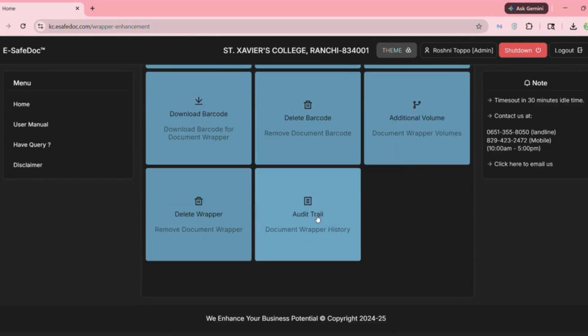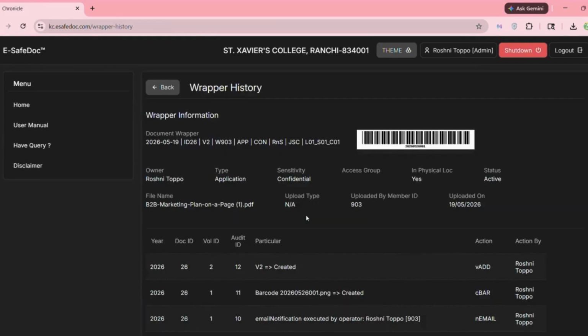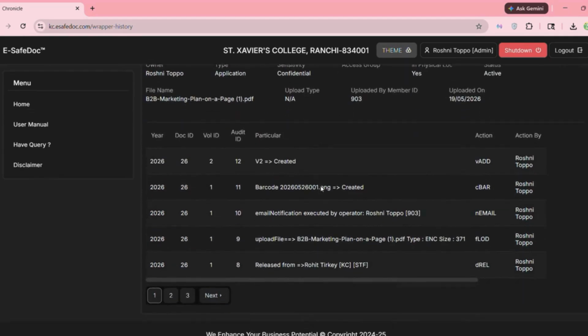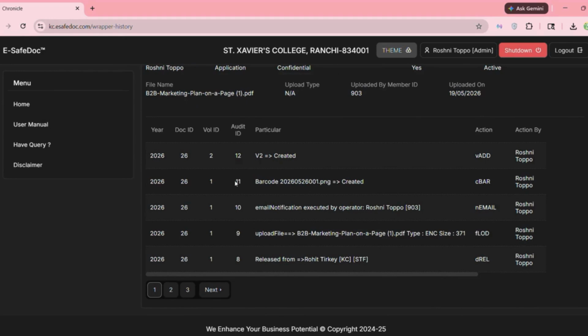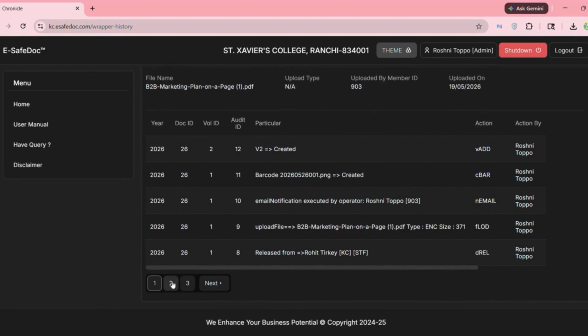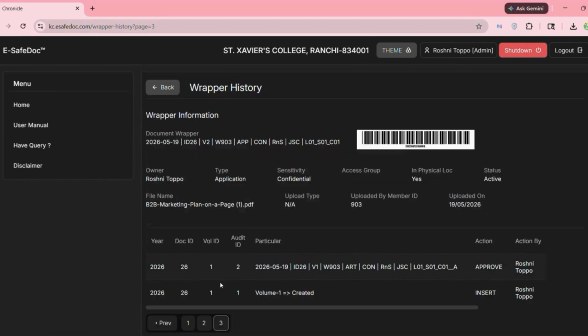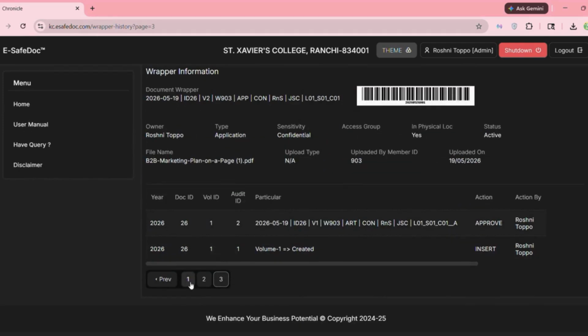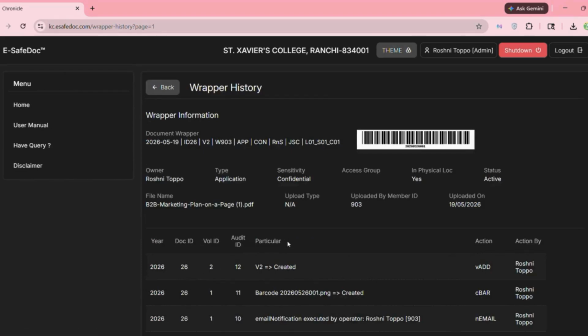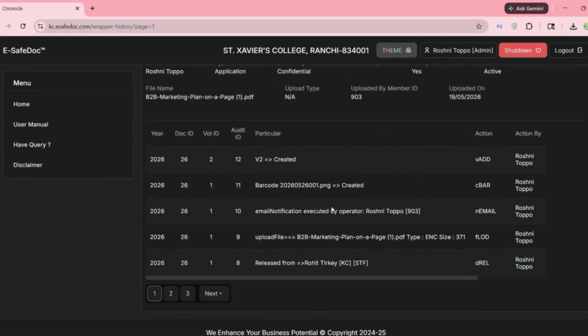When it comes to compliance and streamlines, we utilize our audit trail purge component. In the wrapper history, you will get all the details. Every single action taken inside the vault is permanently recorded and displayed in reverse chronological order. As you can see, the latest changes in the wrapper, which is Volume 2 created. The barcode created.